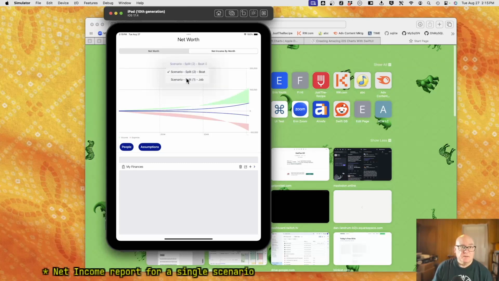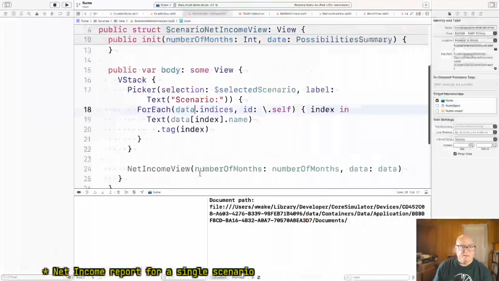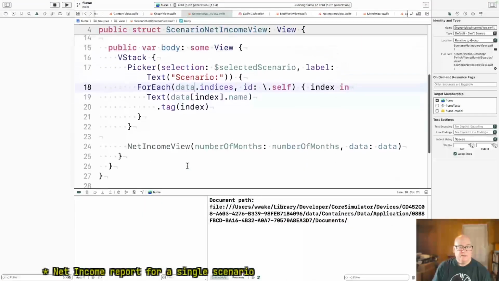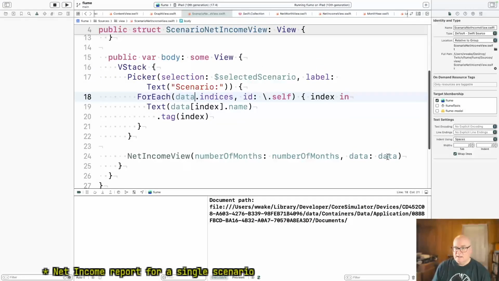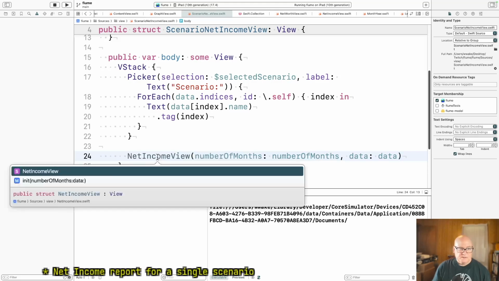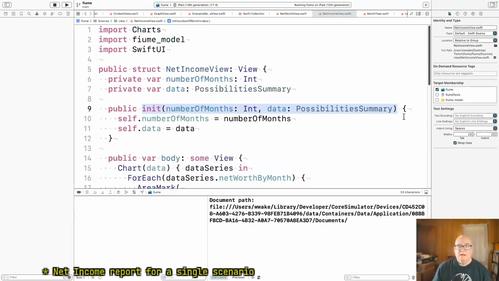Okay, so we're selecting them. They're persistent while they're selected. They're not persistent when we restart. But the picture doesn't change. So let's modify net income view. Instead of taking data, well, let's do it kind of the piecemeal way. What we're saying is this should really be